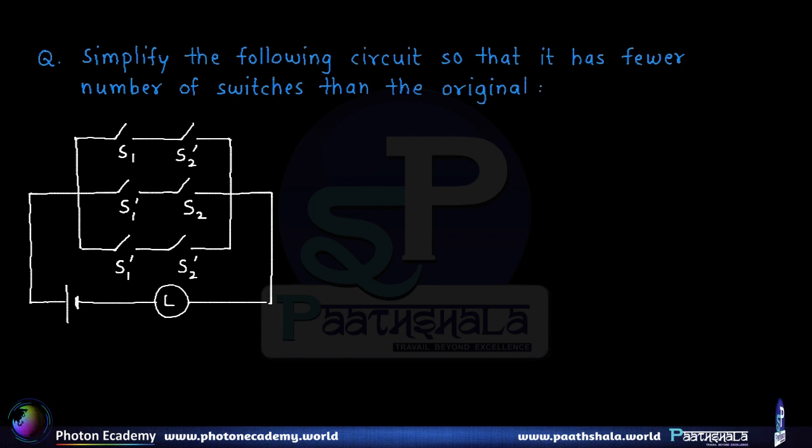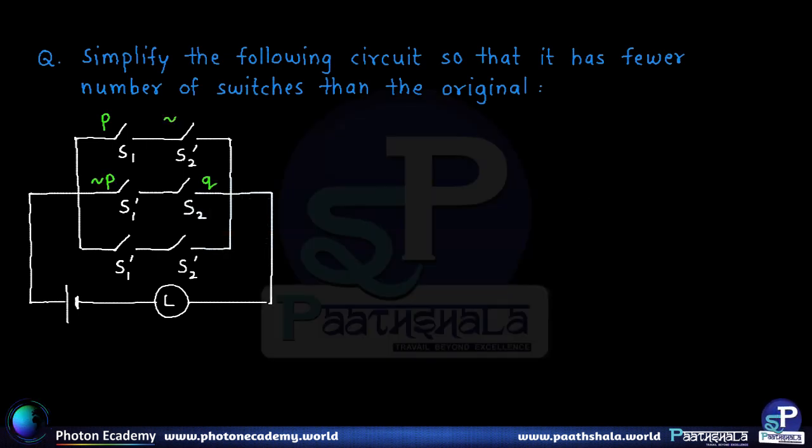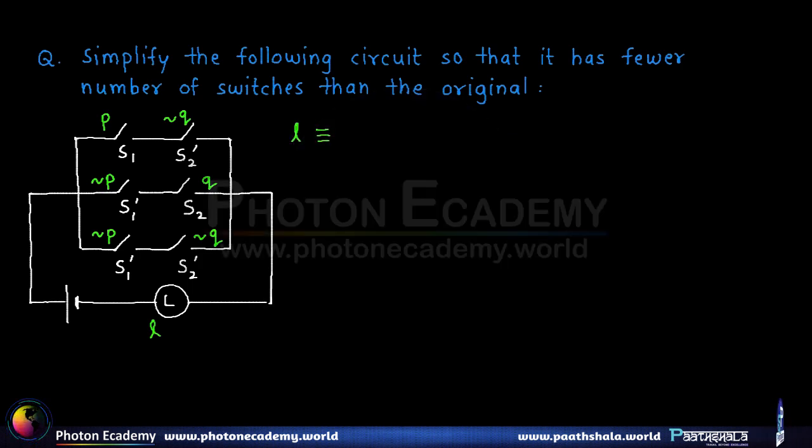switches. So alright, now here as we have done earlier, let us indicate S1 as P and S2 as Q. So therefore clearly S1 dash will be nothing but negation P and S2 dash will be negation Q. So let us indicate the respective symbols. Alright, now if the lamp state is denoted by L, then as per the diagram shown, as per the circuit, you see that it consists of